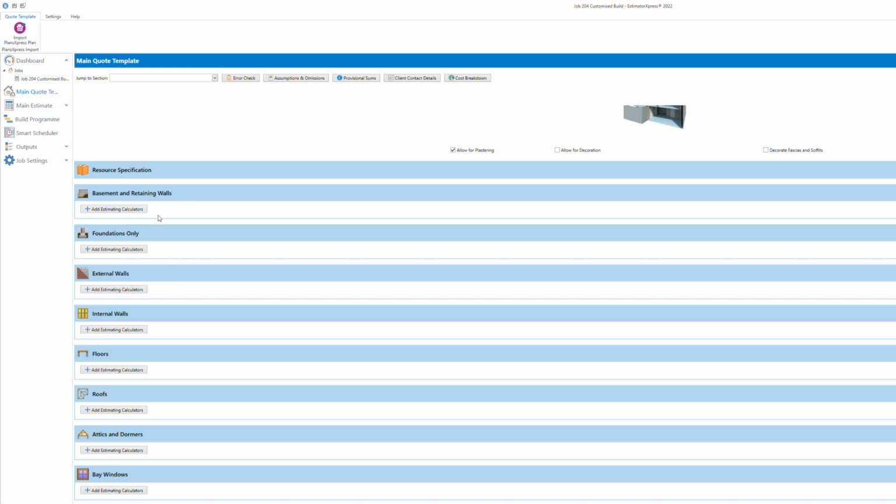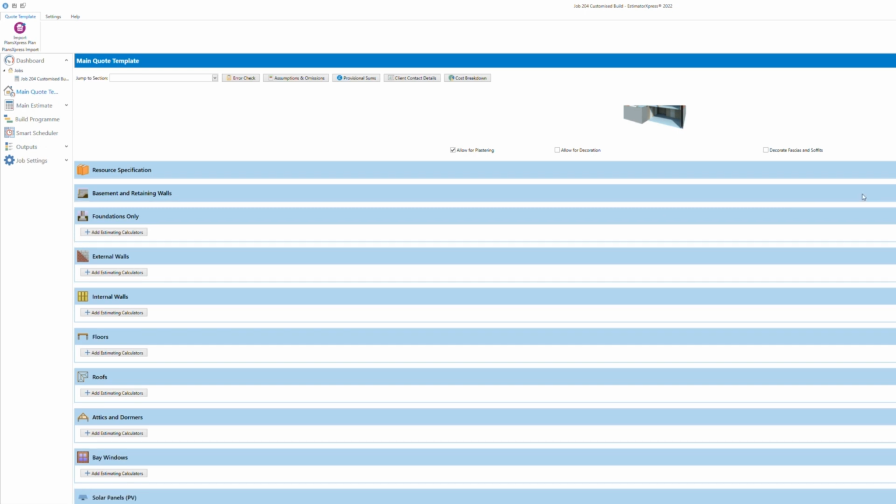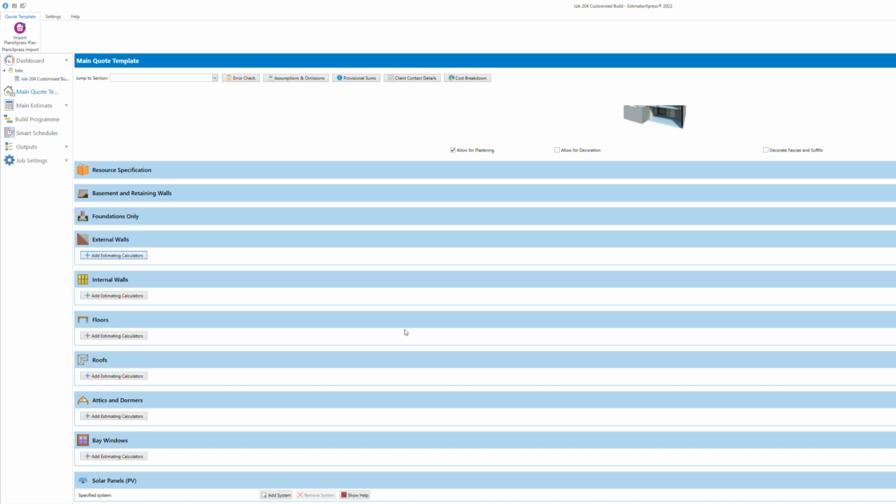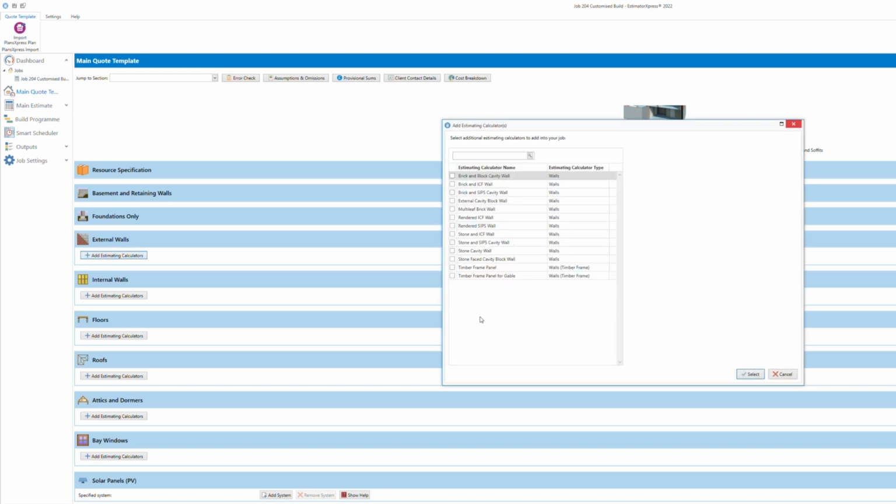So basement and retaining walls, we don't have to worry about that, so click off that. Foundations only, that's only if you're just doing foundations, click off that. External walls, we can add that because we're doing an extension. So you have all these different options here that you can use: stone face, timber frame, brickwork, etc. Click the one that's suited to you. So we're going to external cavity block wall, and then you do select,